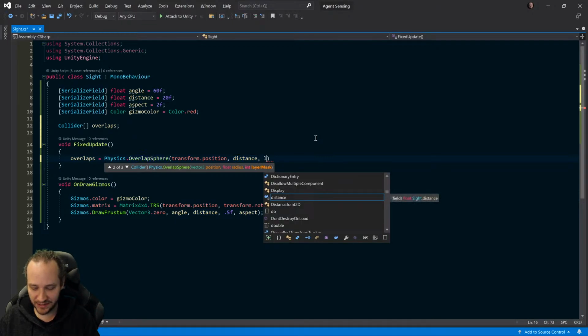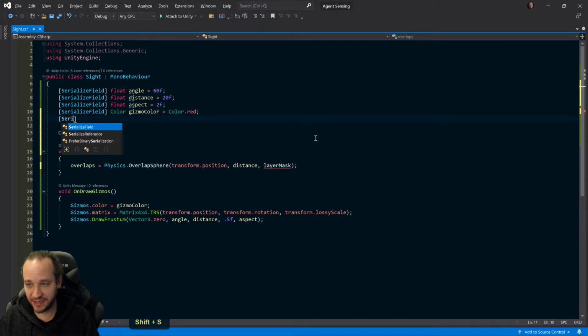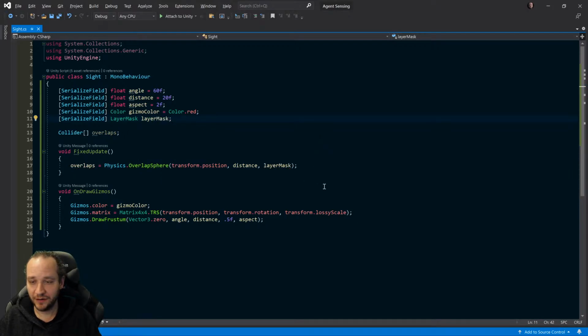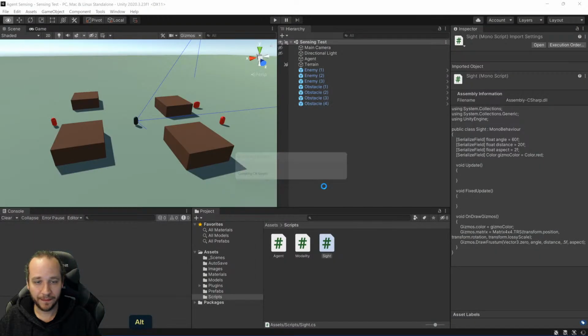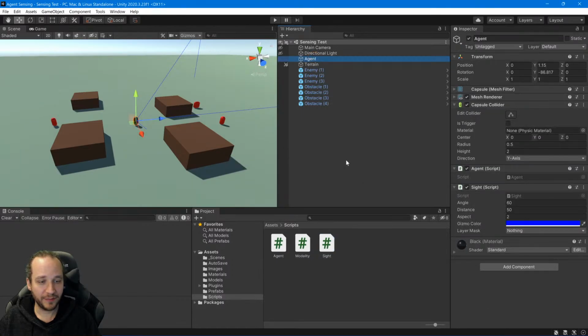And then there's this layer mask. That's actually something I am going to show now. I am going to make a variable here that you can set in the editor. So serialized layer mask. And that one I'm not even giving a default here, but you can see it here now. And it's mostly about performance. Now it will detect from nothing, but every object has a layer. So this one is on the layer default, but there's also transparent effects, ignore raycast layer, a water layer, and a UI layer. So basically all those things that I might include in my simulation or my game, I don't want